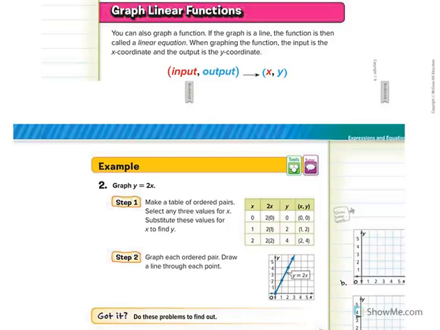So as it says here, you can also graph a function. If the graph is a line, the function is then called a linear equation. So when graphing the function, the input is the x-coordinate and the output is the y-coordinate, for the reasons that